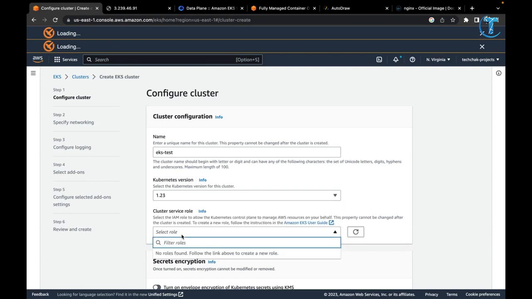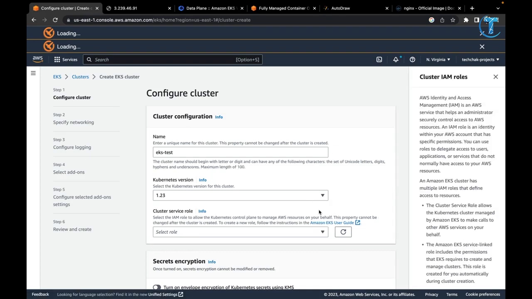You can also use 1.43. So no role is found. So what you need to do is you need to create a cluster role. You can just leave that as it is, or what you can do is simply click on